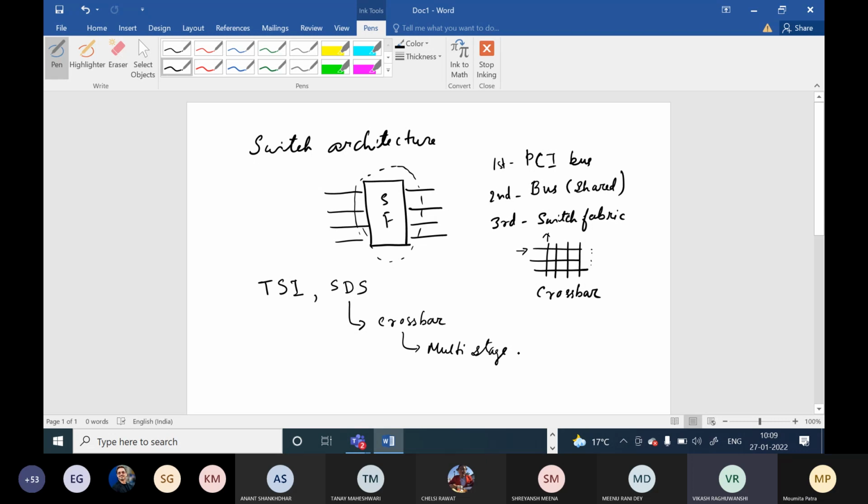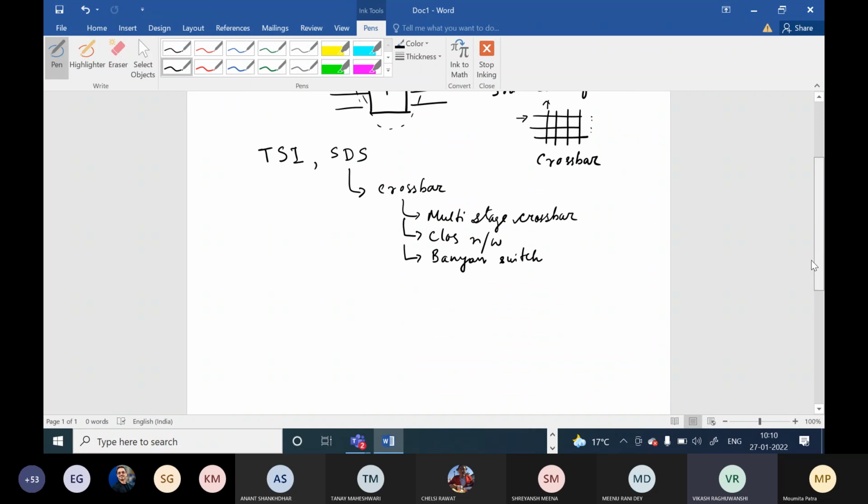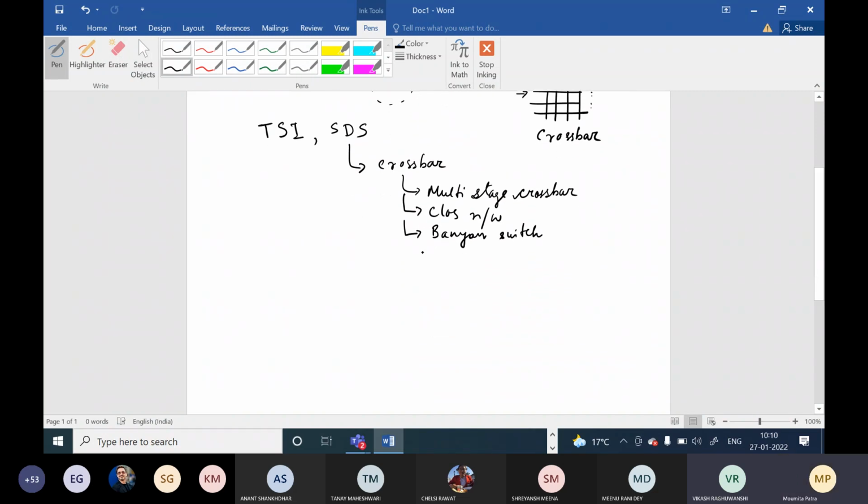Okay. So we had multi-stage crossbar switches. Then after that, we found out about the Clos network. Okay, and then finally we came to our Banyan fabric. Okay, so Banyan switches. Then after that we got to